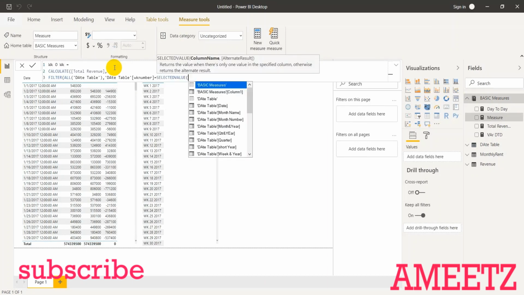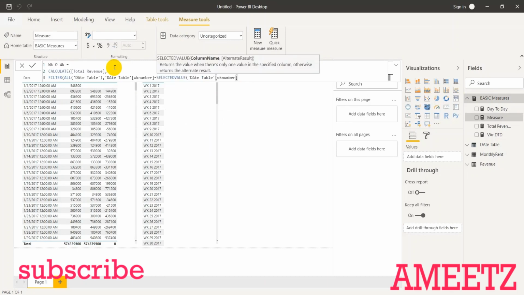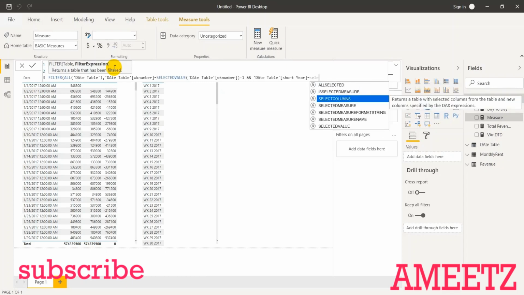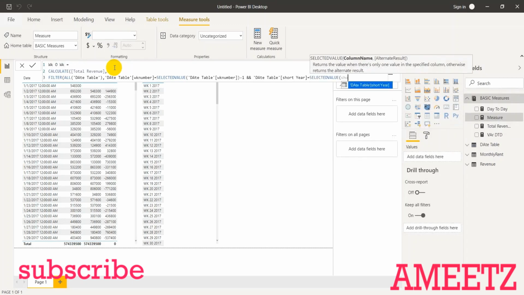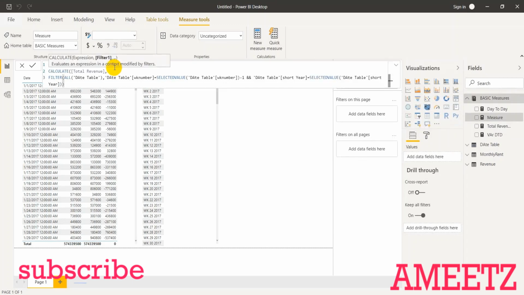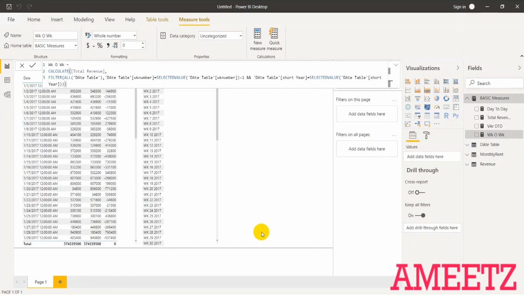SELECTEDVALUE week number, whatever week number is there, minus 1, that is my previous week. Along with that, ampersand, that is AND, short year equals to SELECTEDVALUE short year. So that means my previous week will be current week minus 1, but year is same. That is what I need to say, and if I press enter, the measure is created.